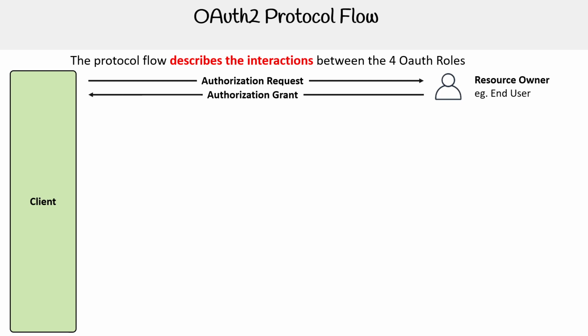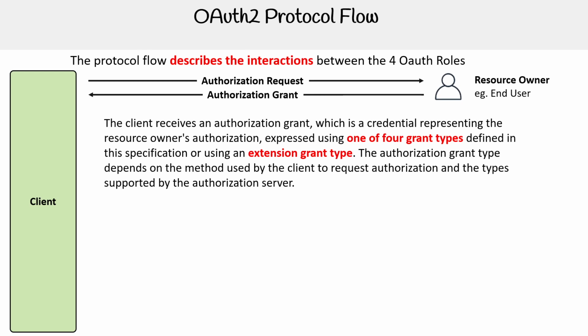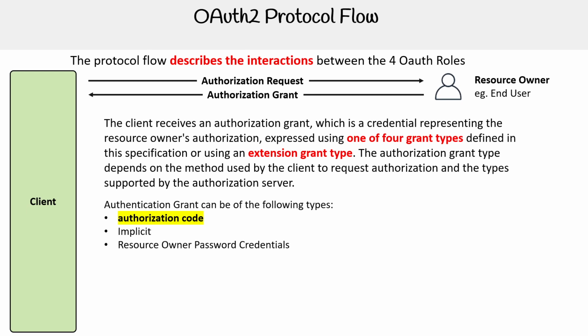Then our next step here is authorization grant. So the client receives an authorization grant, which is a credential representing the resource owner's authorization expressed using one of the 4 grant types defined in the specification or using the extension grant type. The authorization grant type depends on the methods used by the client to request authorization and the types supported by the authorization server. So authorization grants can be of the following types: authorization code, implicit, resource owner password credentials, client